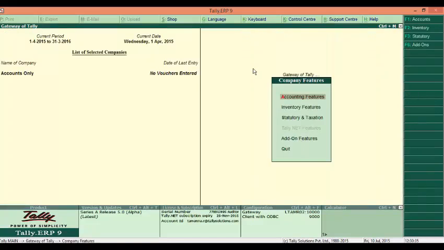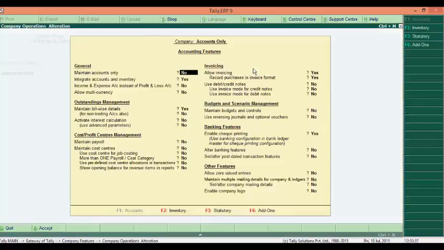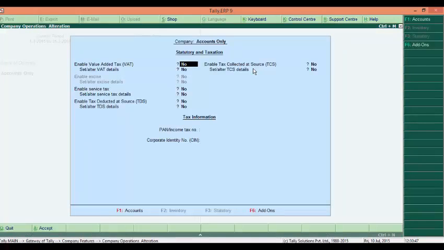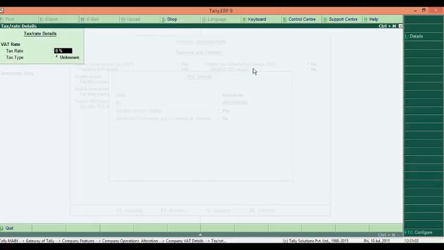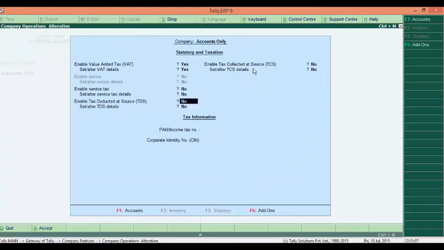Go to F11, accounting features, maintain accounts only, and we enable VAT by going to statutory and taxation. Set our VAT details, select the state Karnataka, enter the 11-digit PIN number, set our audited tax rate details. Over here we mention the common VAT rate 5%. And we save this screen by pressing Ctrl A.